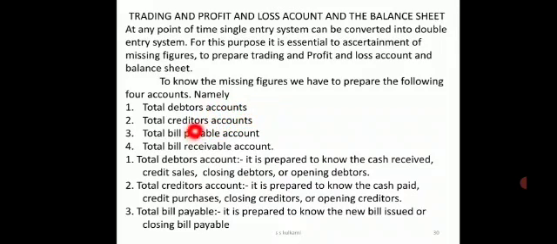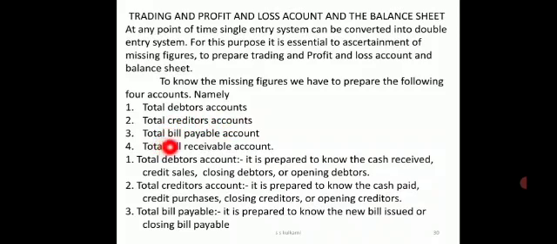Next, the second account that I have to prepare is total creditors account. Now this account is prepared to know the information relating to the creditors. That may be the missing information of closing creditors, credit purchases, opening creditors, or it can be the cash or the amount of bank cheques which are cleared on credit purchases, or it may be for purchases returns. For any amount, the bills payable, creditors account can be prepared.